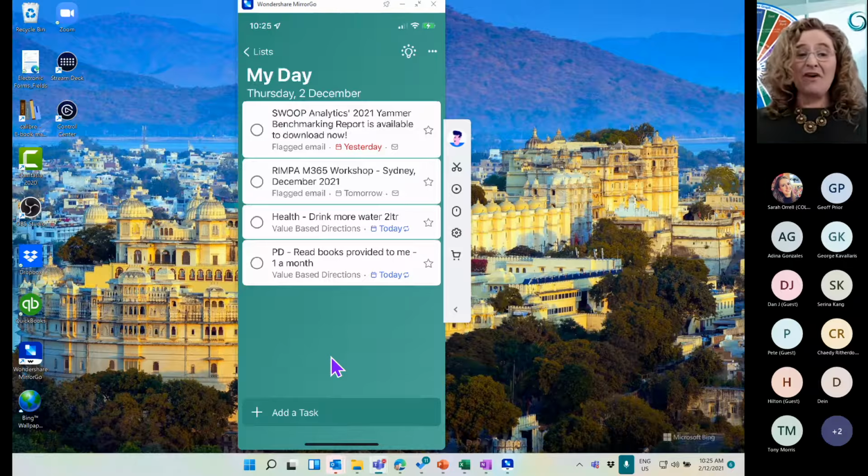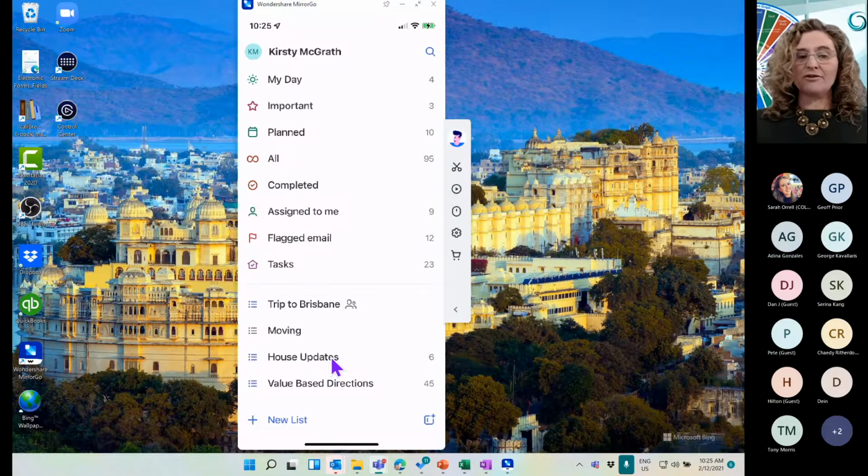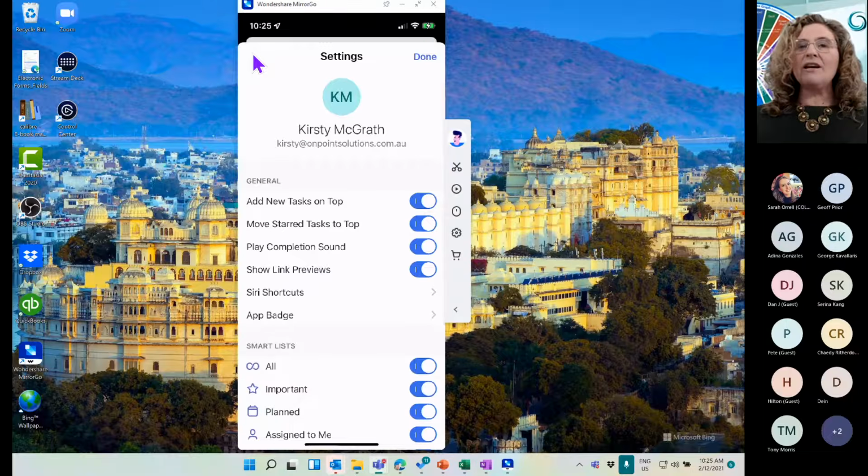Now, this is from my phone. Same thing. I have all of my lists. It all flows through, looks exactly the same. And as part of this environment, if I come up to the top and click on KM, I've got all these different features and functionalities, the same as what I have on the desktop version. Add new task to the top of the list, move start task to the top of the list. Is that what you want, for example? Completion sound. So I've even got the satisfaction of a little ding to say, you've done it, woohoo.